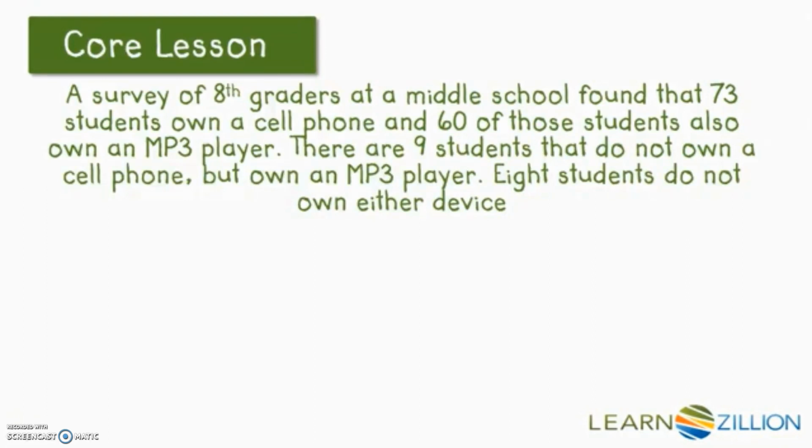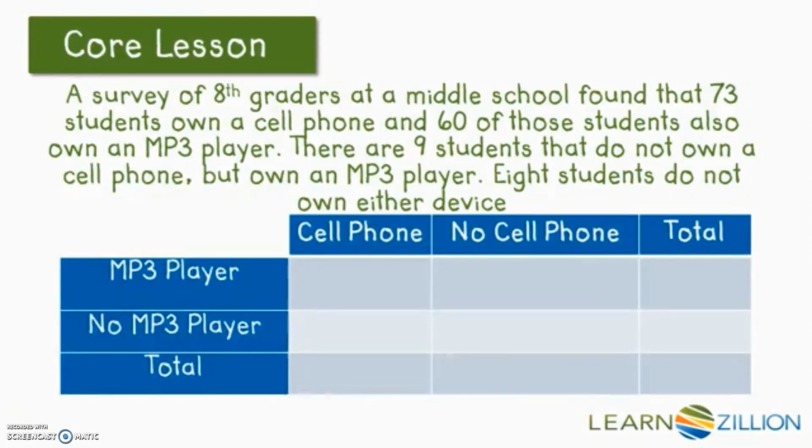What we want to do here is use a two-way table to organize this information, because just looking at all of these words can be a little overwhelming. We want to make it a little easier to see what really is going on. So we have a two-way table. We have people that either have a cell phone or don't have a cell phone, and that's reflected in the columns. And then we have people that have an MP3 player or don't have an MP3 player, and that's reflected in the rows. So now we're going to read the problem line by line and fill in the numbers